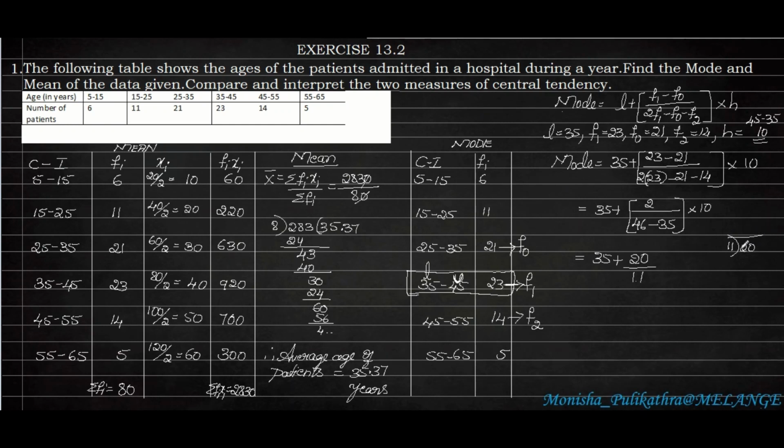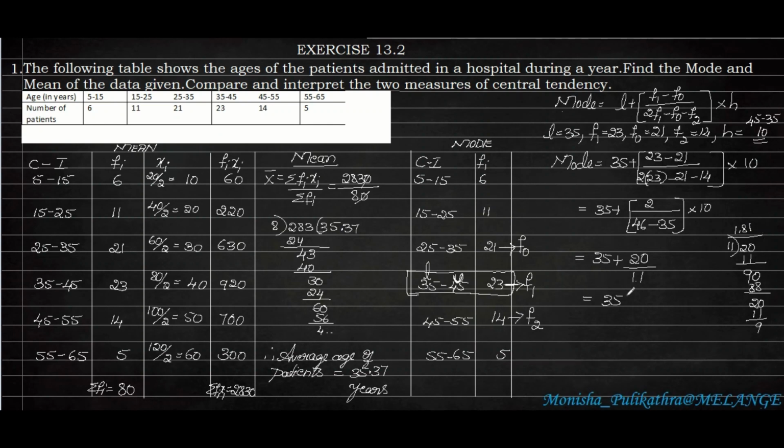So 11 ones are 11, 11 twos are 22, which is greater than this. So I'll be taking 11 ones are 11. Here 9 remaining, 0. Next, 11 eights are 88. So 2 remaining, 0. Because of this point we can take a 0 here. Again 11 ones are 11, 9. So the recurring happens. The quotient for 20 divided by 11 is 1.81.